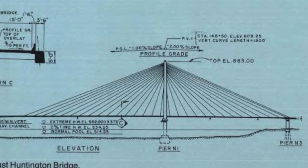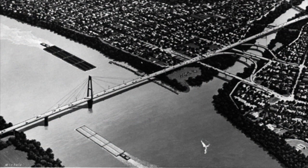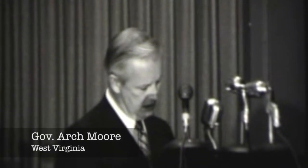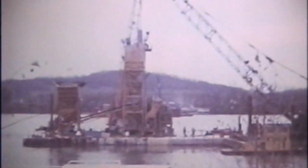I am announcing that we have let the Huntington Bridge for a design contract, and we would hopefully have action in terms of the location of that bridge to come forward to you very shortly. There is a question in our minds, I should say, as to whether or not we should take this bridge and place it completely out of the Huntington vicinity. This may come as a major surprise to some of you, but I'm thinking in terms of a bridge which is totally isolated, one which would not contribute in any way, let's say, to relieving the traffic conditions and the circumstances that exist here. But I would say and confirm without question, the bridge will not be built at 30th Street, but perhaps will be built immediately north of